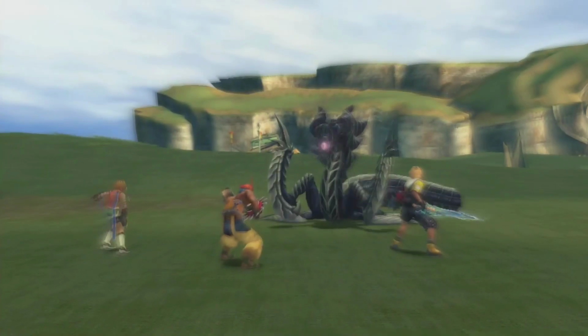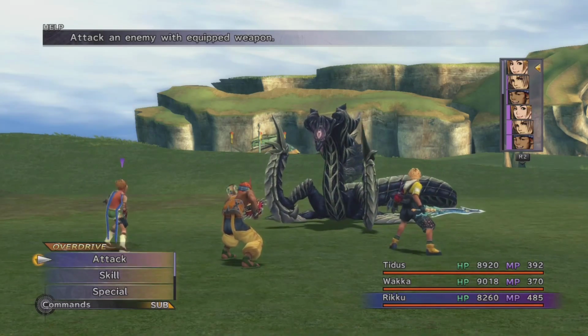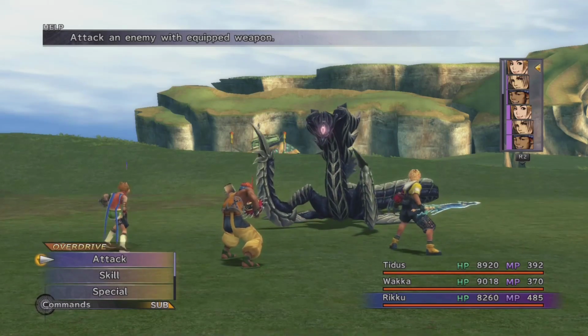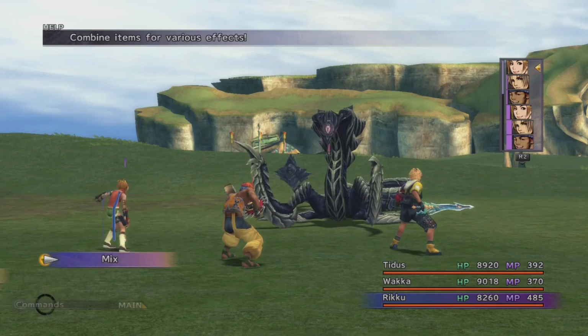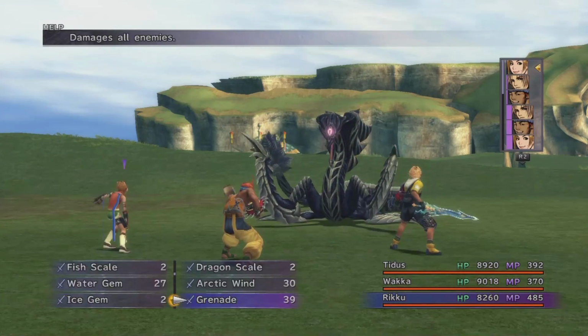Okay, this one is a little bit tough. I think it has 520,000 HP, something like that. And it has a powerful magic attack, and I think that is my biggest weakness at the moment. My magic defense is very low, so if it hits me with something like that, I will probably die. So you can always prepare for something like that by